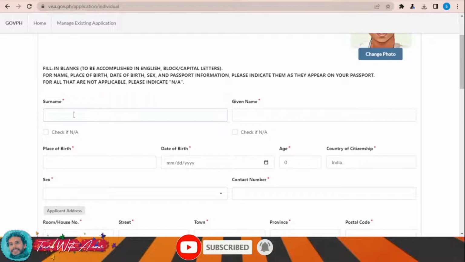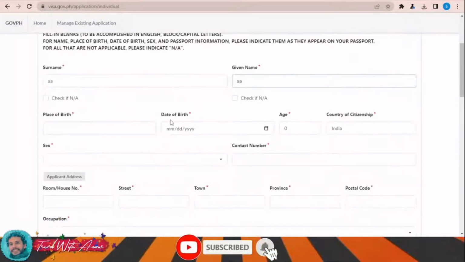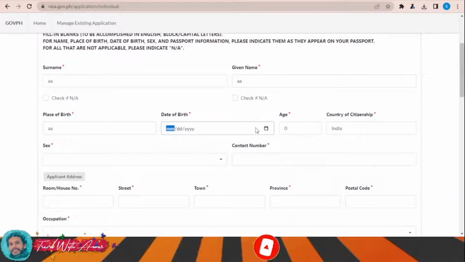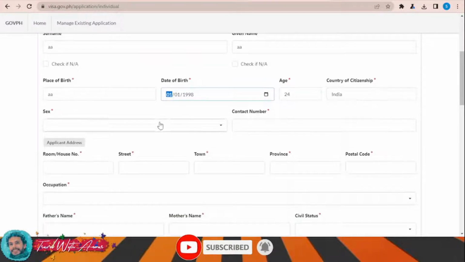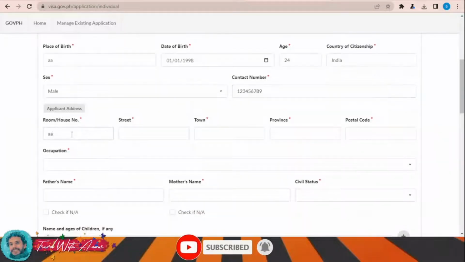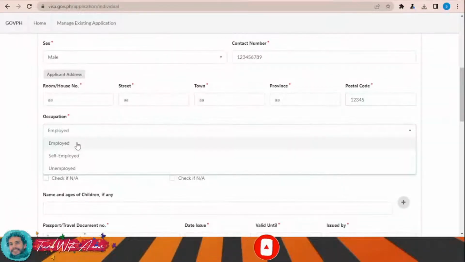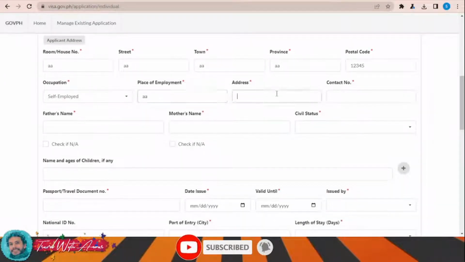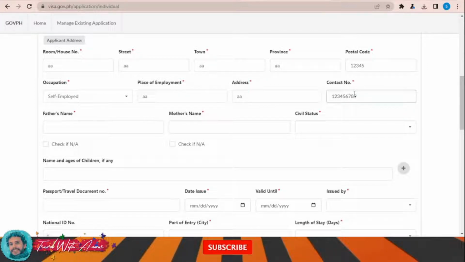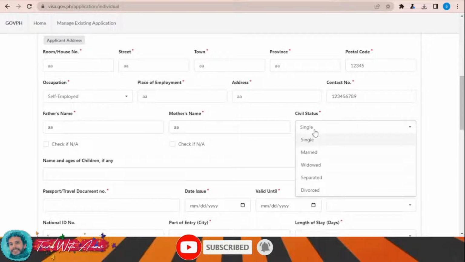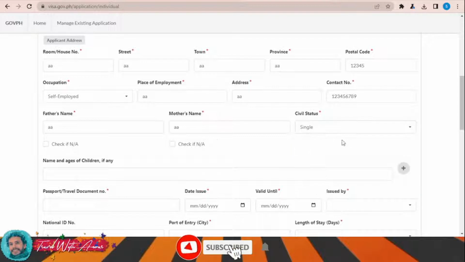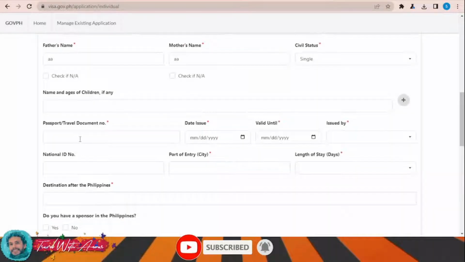Here you write your surname, given name, okay, place of birth, write also here the date of birth, for example this date. Okay, country of citizenship, it's India, your mail, contact number, okay, room, house number, street, town, province, postal code, occupation, okay, place of employment, address, contact number, father's name, mother's name, civil status, okay, single, name and age of children if any,